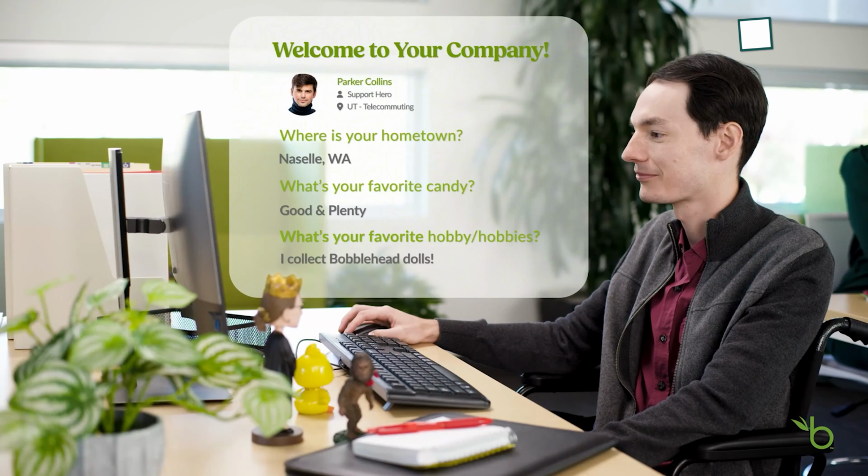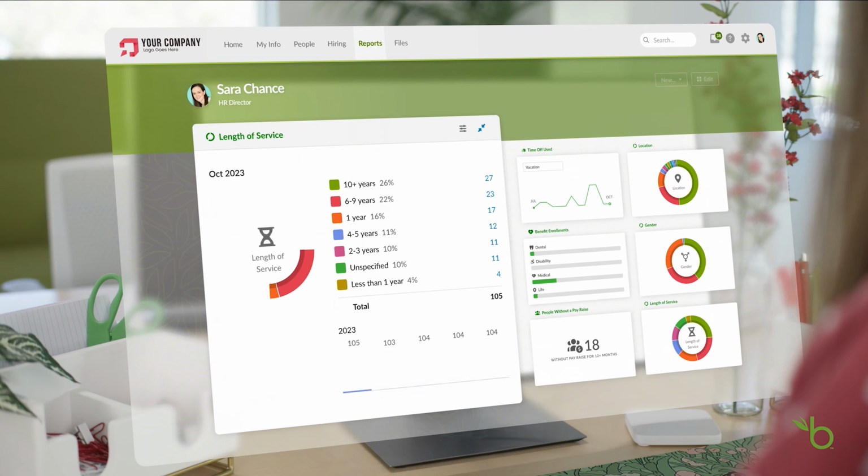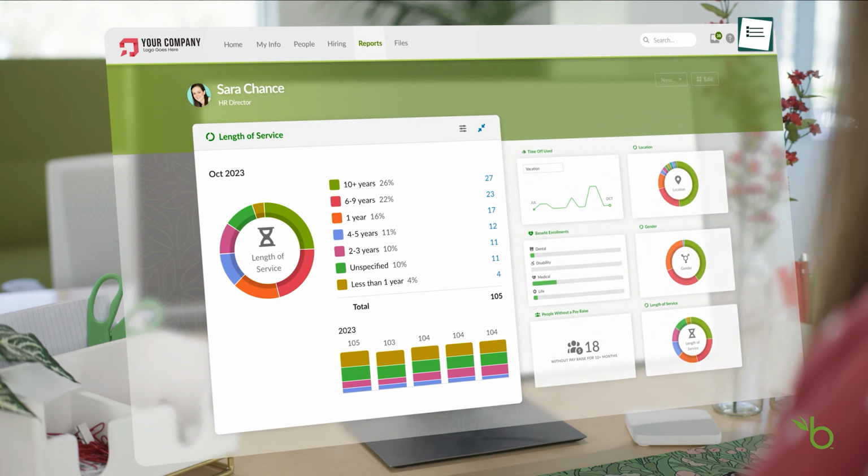Even if you're completely new to HR software, the layout makes it simple to learn each feature step by step